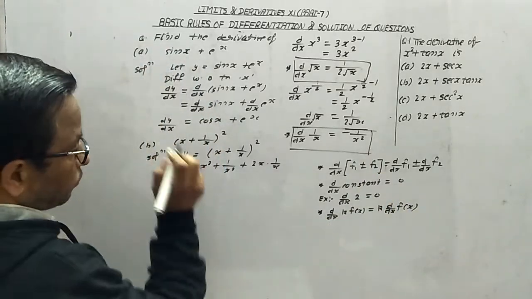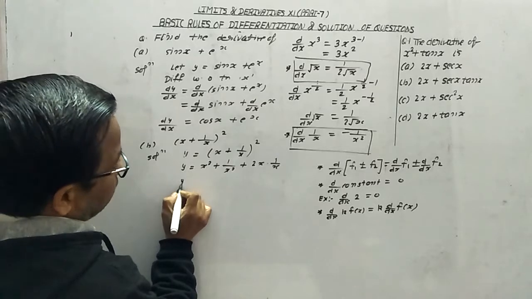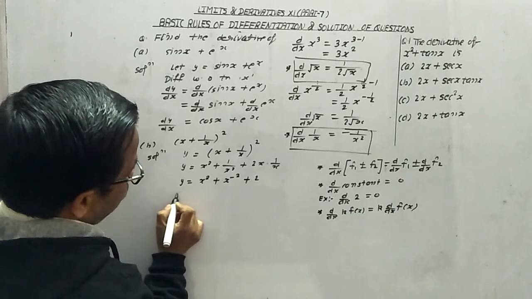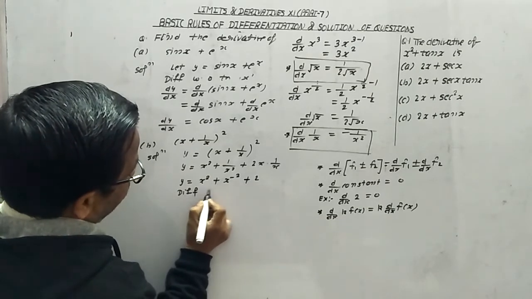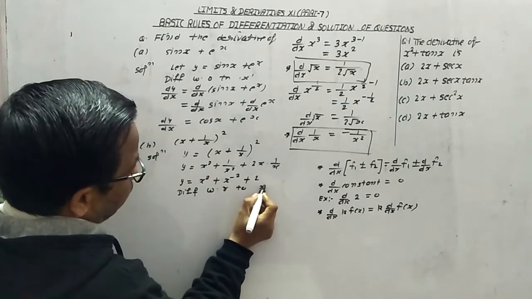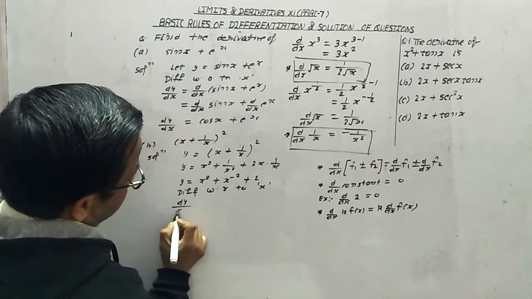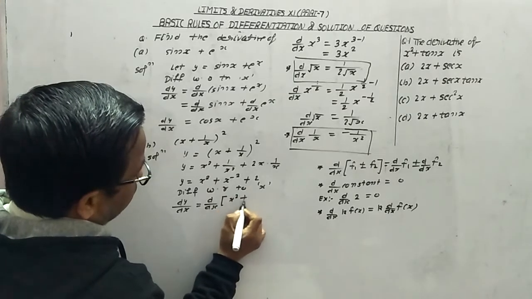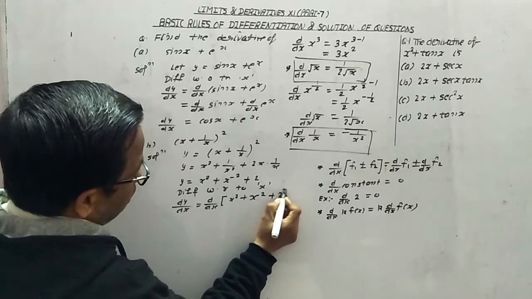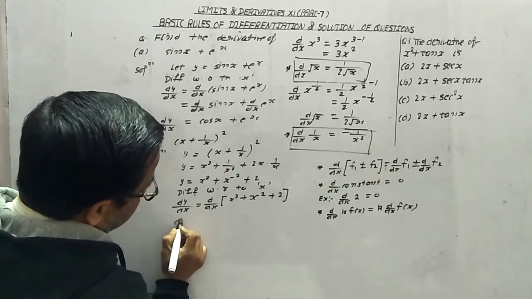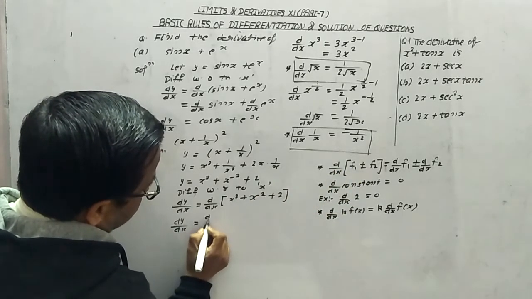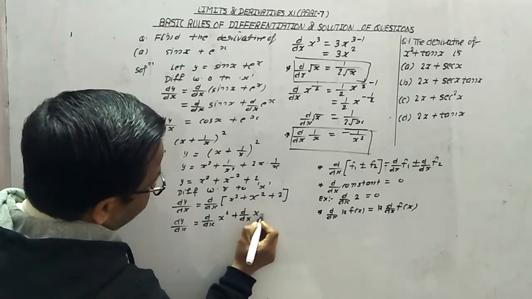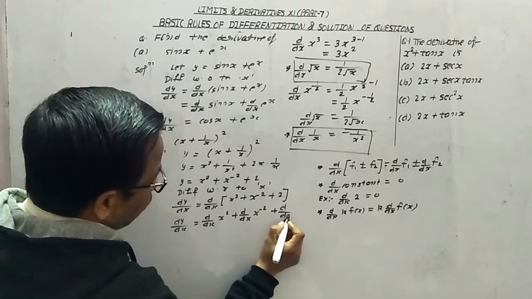Now look at this thing. Using these rules also, y is equals to what this become, x square, we will write down x raised to power minus 2 plus 2. Now differentiate with respect to x. Once we do the differentiation with respect to x, dy by dx is equals to d by dx of x square plus x raised to power minus 2 plus 2. Now according to this rule, dy by dx is equals to d by dx of x square plus d by dx of x raised to power minus 2 plus d by dx of 2.